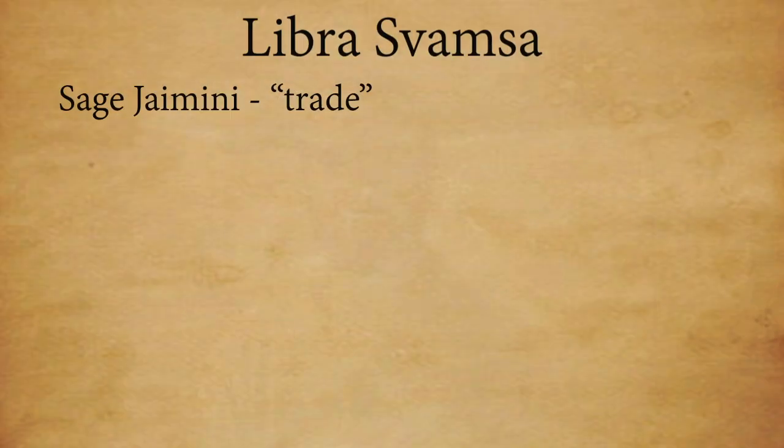Today we're going to be talking about Libra Svamsa. Jaimini gives us the result trade, and that's just a single word, and it's a perfect example of his technique of giving us very little information and expecting us to use our intellectual abilities, what we already know about astrology, and our intuitive abilities, digging deeper into life and contemplating in order to derive deeper meanings to the significations that he gives, and in order to become better astrologers, people with a greater depth of understanding, by putting a lot of self-effort into understanding these things.